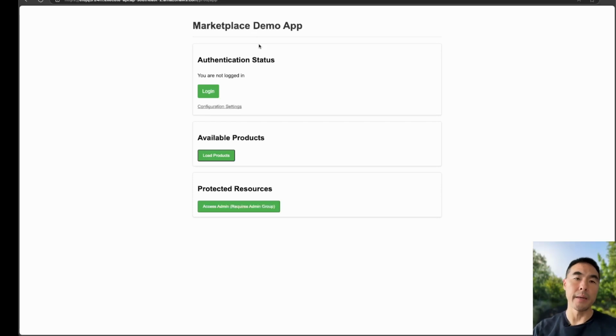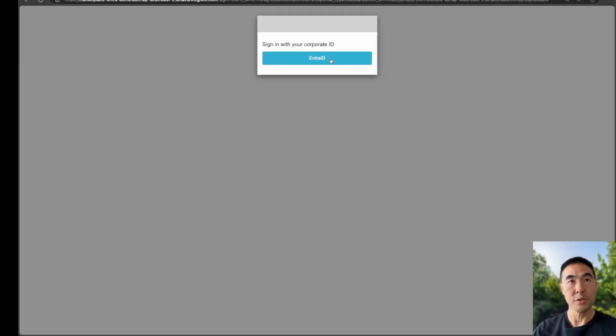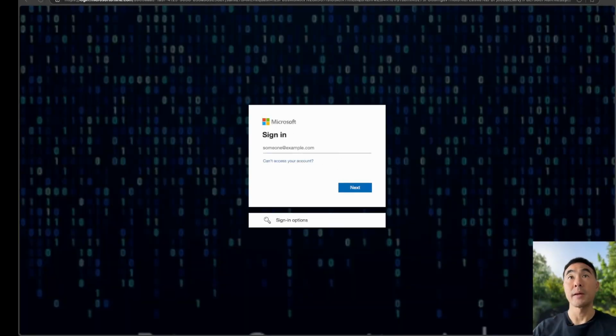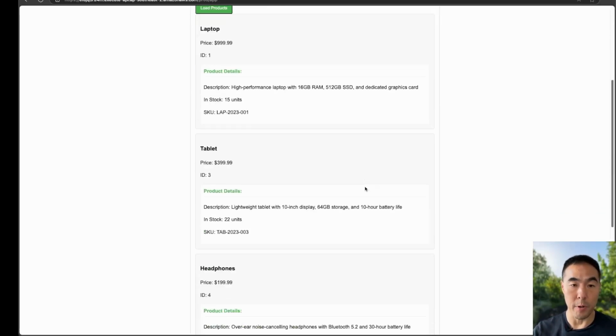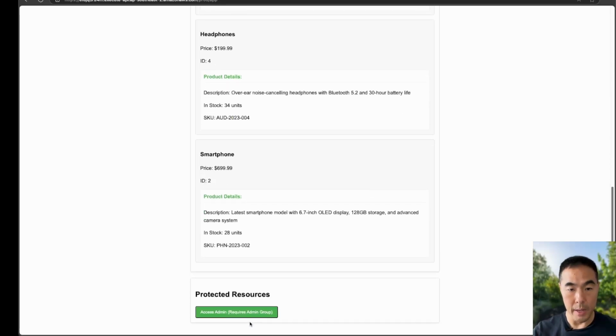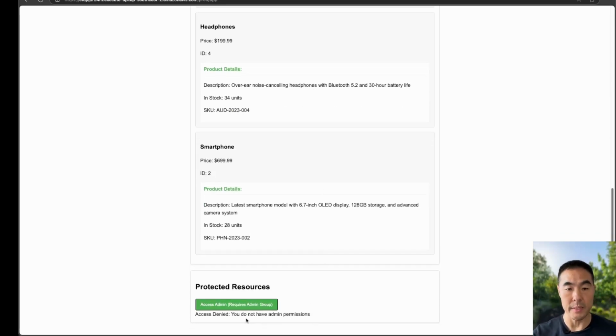And I'm using an incognito browser session so that it doesn't have any cached credentials. So you can see I'm now presented with Entra ID for authentication. Let me just enter Alex's credentials. The application is recognizing me as Alex. And if I browse through the products, it still lets me, but I am now expecting to be denied access